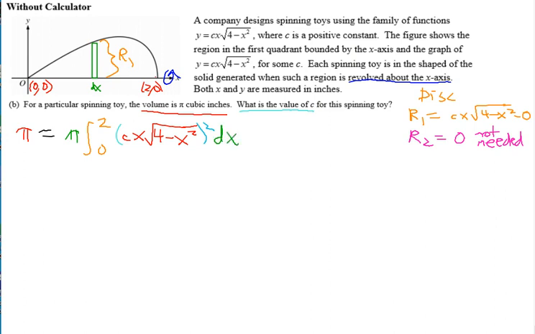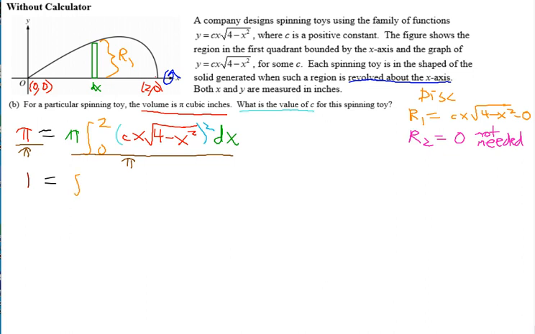And the difference is this time we know it's equal to pi. So what you might want to do in your first step, you could do this later also, but if you notice they both have a pi in it, you could just divide both sides by pi so you don't have to keep writing those pi's over and over again. Then the left side would just simplify to be 1 equals. Then we don't have the pi on the outside, and then we can square this in order to make it easier to integrate. So now we just have the integral